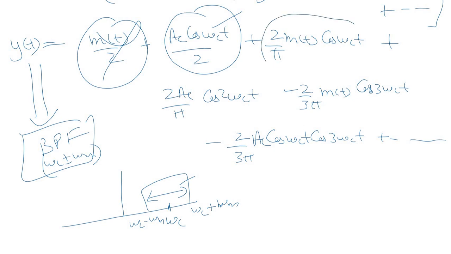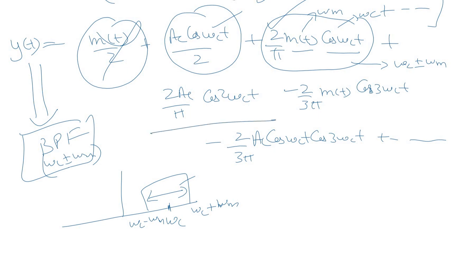The third term is (2/π) m(t) cos(ωct). It is the multiplication of your message and the carrier signal. We have already seen that it's the multiplication of two different frequency components. In the frequency domain, it will be a convolution of these two, and the frequency components will get added, right? So this consists of ωm frequency, this consists of ωc. So the frequency component present in this term would be ωc ± ωm. So will it pass through this band pass filter or not? Yes, definitely. So this term will also get passed through the band pass filter.